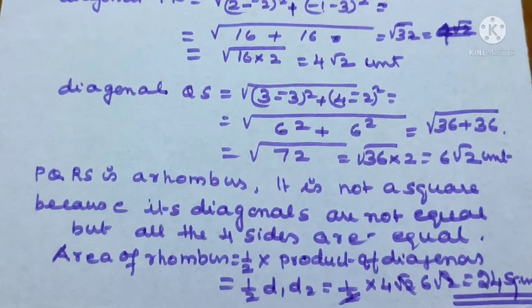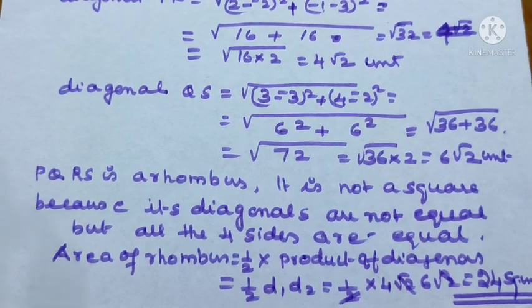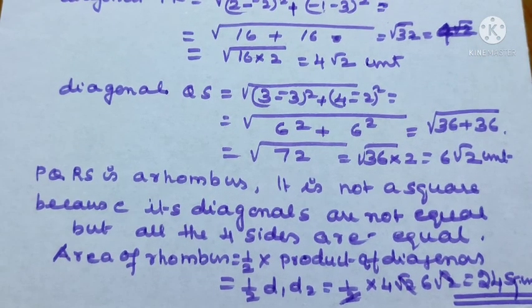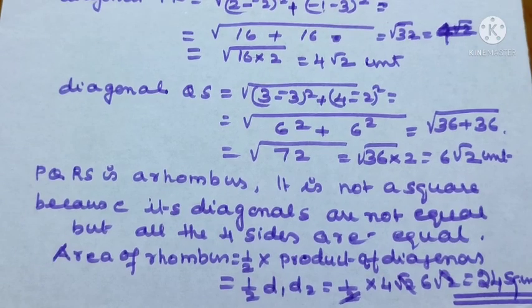You can go back once again to the points where we have written what should be proved if it is a square and what should be proved if it is a parallelogram. Then you can understand. Now I have done it for a rhombus but not a square. We have shown that all four sides are equal but not the diagonals, so based on that we can say that it is a rhombus.